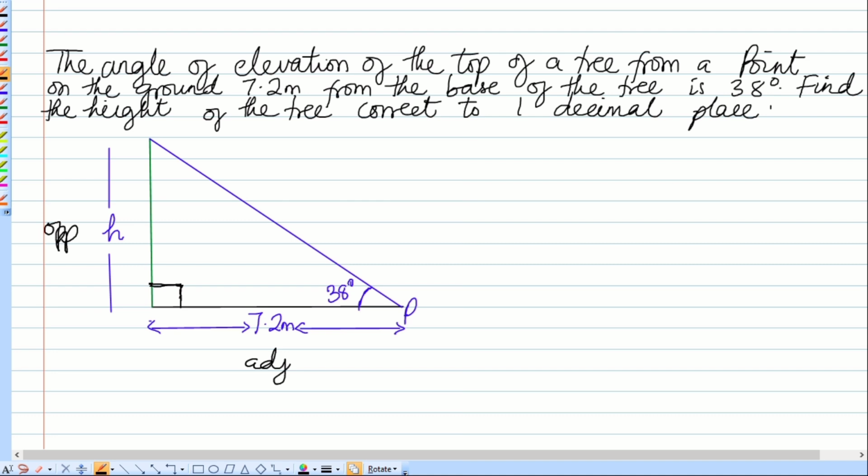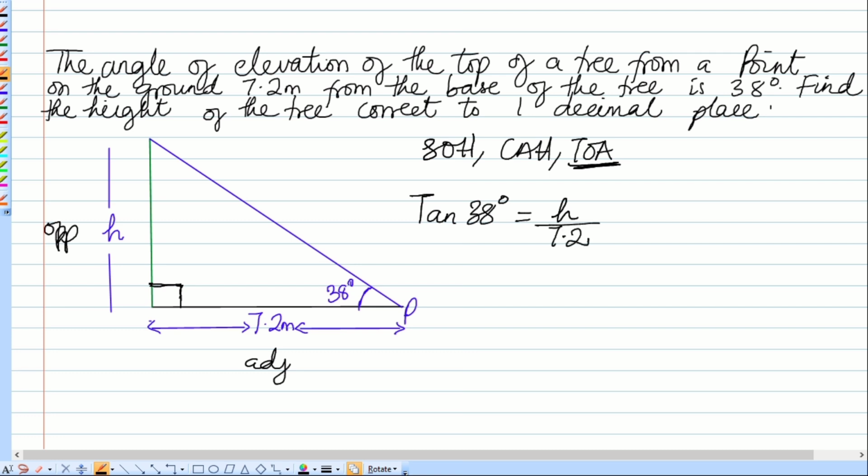So we're going to ask ourselves, which of the trig ratios, remember, I'll just write it out here, the SOHCAHTOA. Which of the trig ratios have the opposite and adjacent side? That would be the TOA there. So I'm going to use tan. Remember that T there is for tangent. So tan theta, now theta is 38 degrees. So tan 38 degrees will be equal to the opposite side, which is h, over the adjacent side, which is